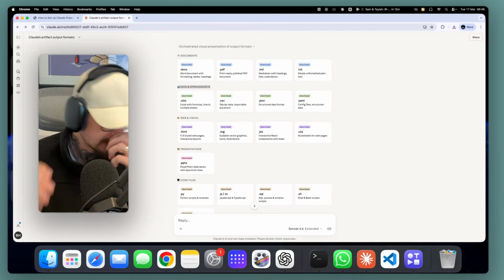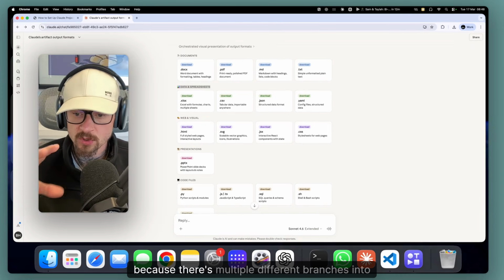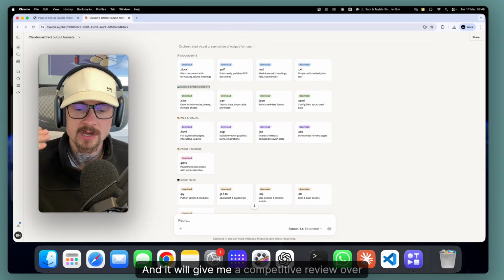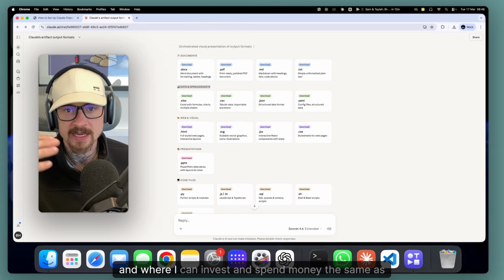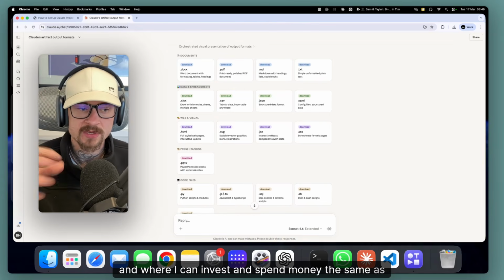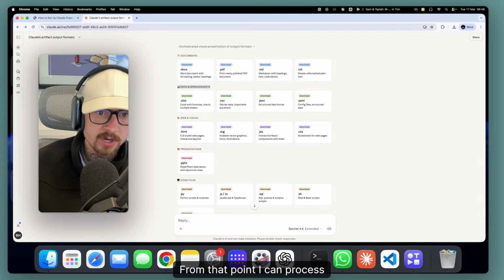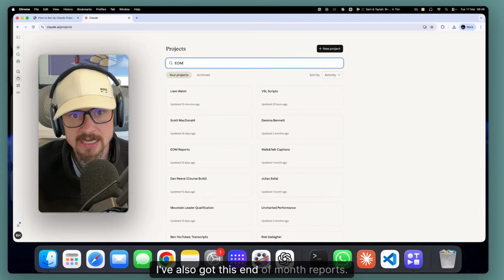a reporting perspective. So we put our P&L sheets together, because there are multiple different branches, into one Claude artifact project, and it will give me a comprehensive review over every single thing that's happening in my business and where I can invest and spend money, as well as where it would recommend I be investing elsewhere from that point. If I went back onto my Claude projects here, I've also got this end of month